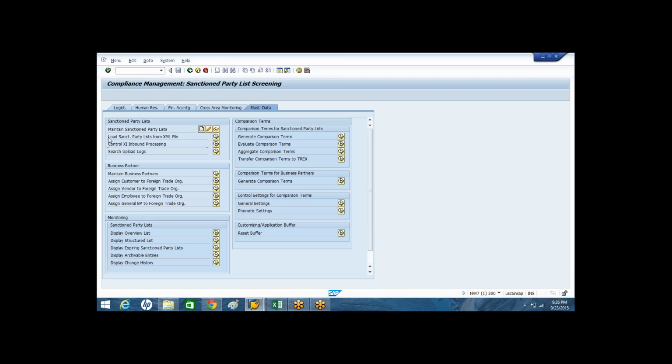That is the mechanism to follow whenever you receive the XML file with all the SPL members from the data providers. And whenever you know that only one member is required, you do not have any list ready, but there is one member you want to add to the SPL list, you can follow this mechanism.